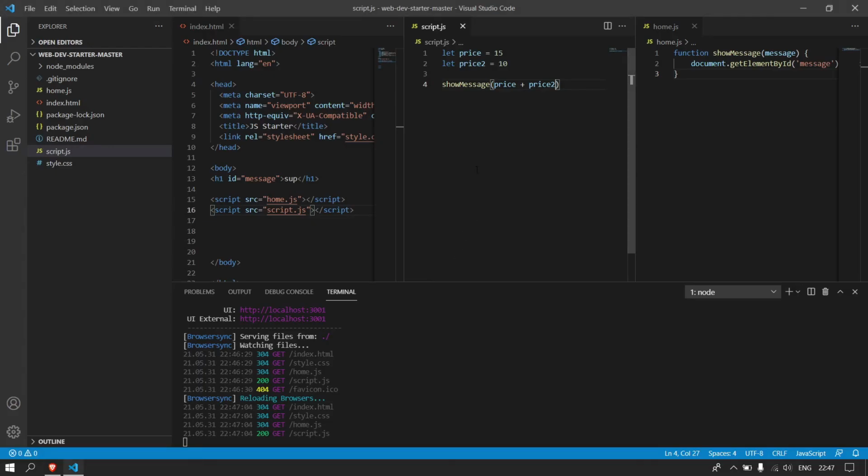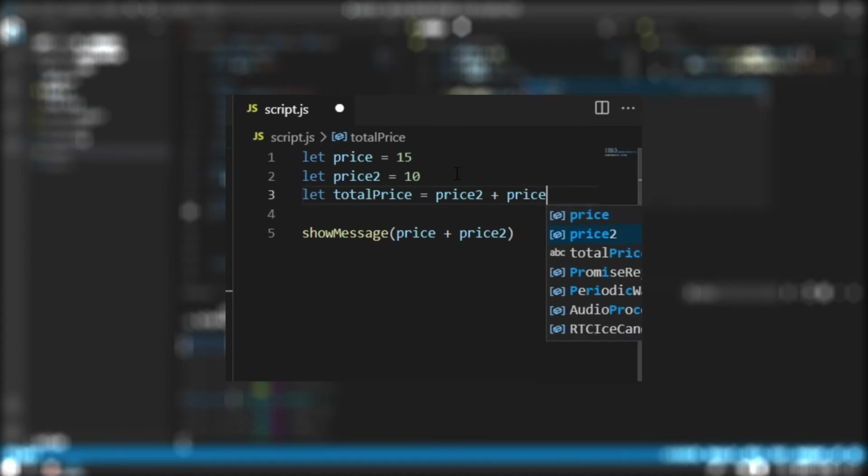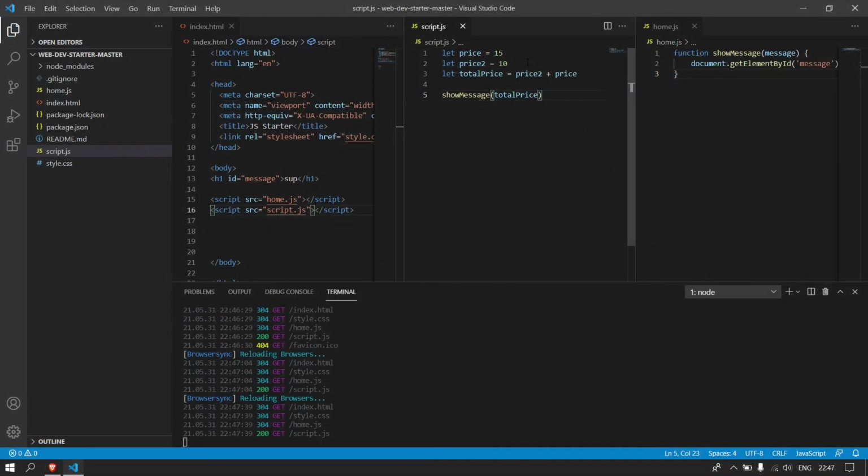For that you should create another variable named total price and type in an equal sign, and here you can type in both your variables and ask your function to display total price, and it can give you the same answer in a cleaner method. And that's how you can use your let command to declare variables and do mathematical calculations with them.